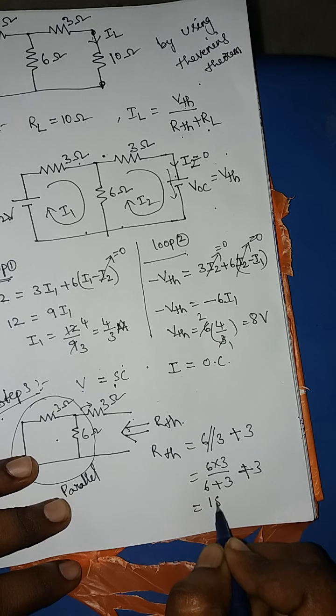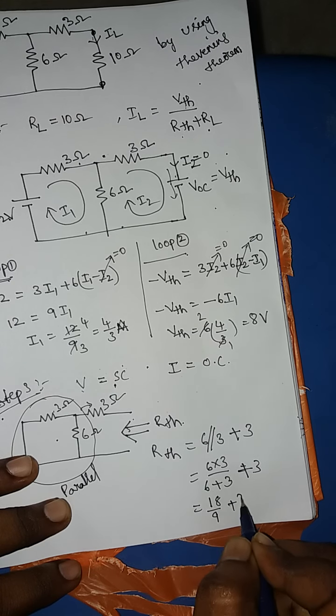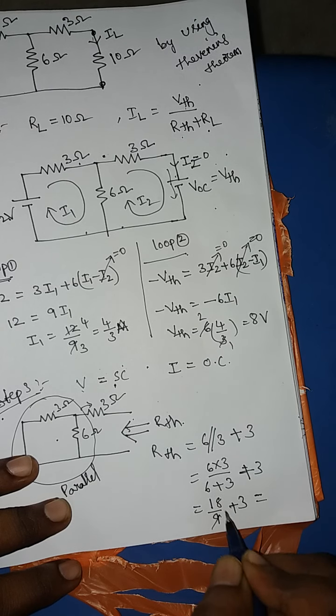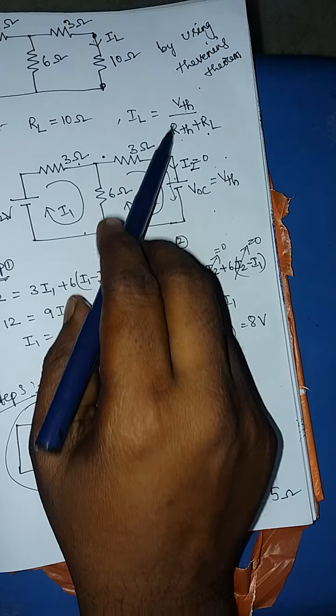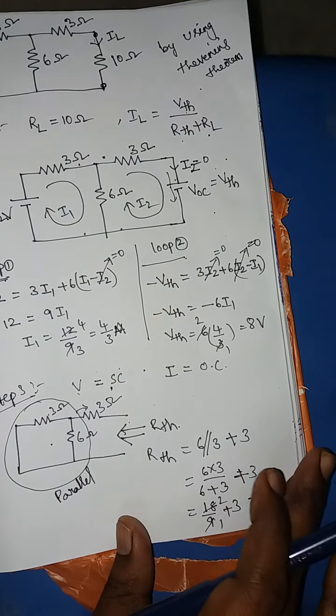This is 18 by 9 plus 3. So therefore, it is 9 ones are 9, twos are 5 ohms. Yes, you got the VTH value, RTH value and RL value. Next, step 4 is